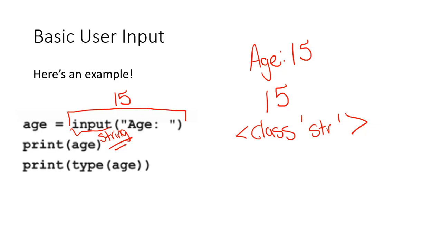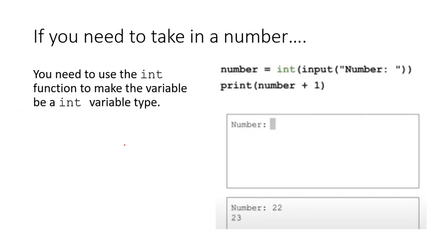I can't add 15 plus 1 because 15 is a string. So it actually doesn't understand that 15 means 15 of something. It doesn't understand the number is 15. It just sees that as some characters, some scribbles that it's storing. So if you take in a number that you wish to work with, I mean doing math with it, you need to use what's known as the int function to make it an